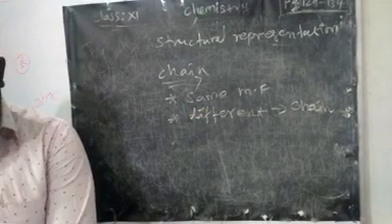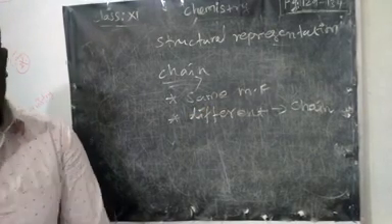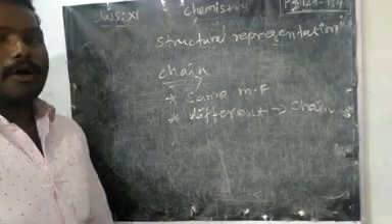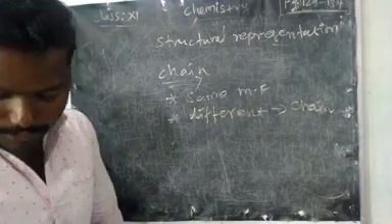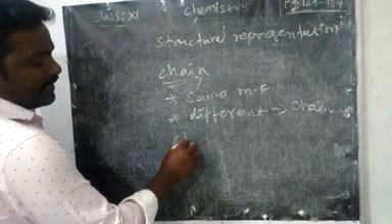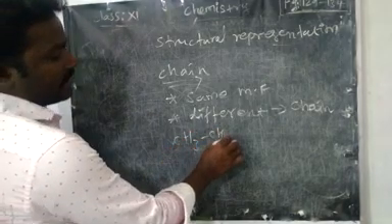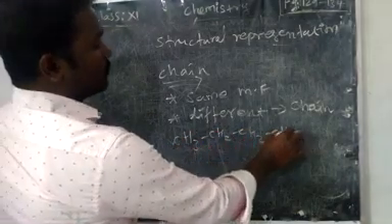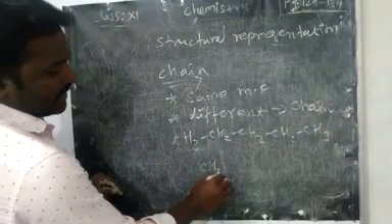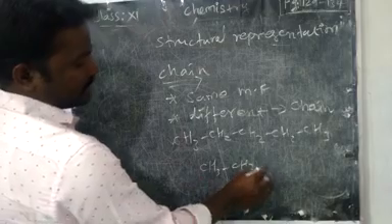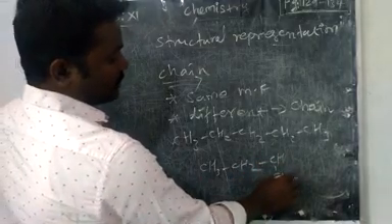They differ only in the arrangement of carbon atoms, or bonding. Take pentane. How do you write pentane? In condensed structure, CH3, CH2, CH2, CH2, CH3. The same you can write as CH3, CH3, CH, CH3,